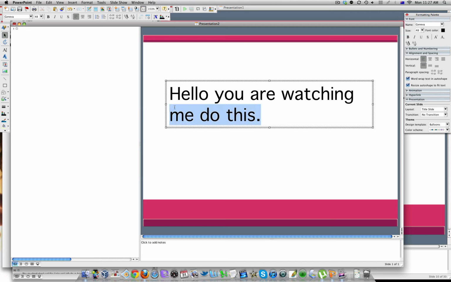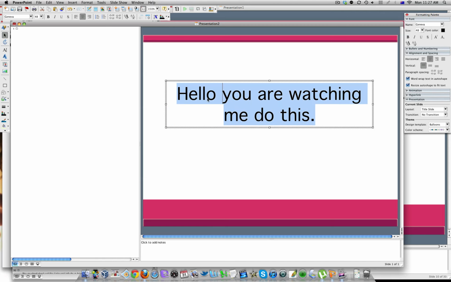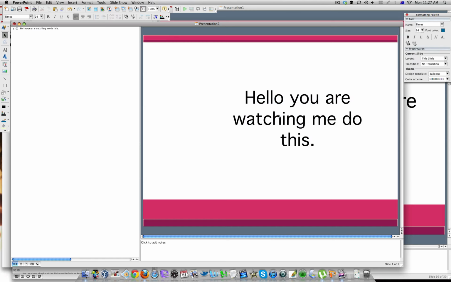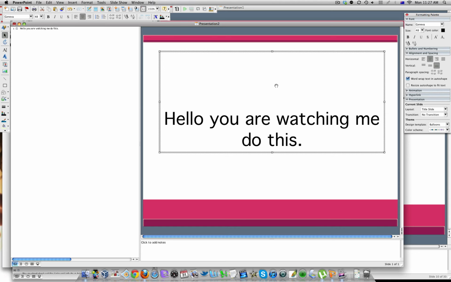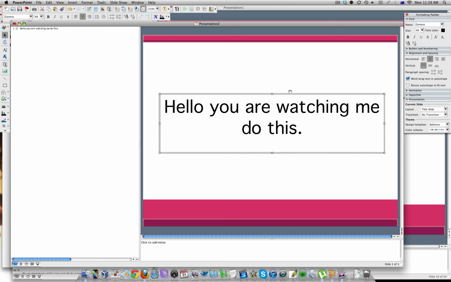Now with mine, I like to come over and align it so that it's center, so all my screens are like this. And then you can just play around and move this box up and down until you get it in the exact spot that you want to have yours. So that's around center of the page, and all you have to do to add a new page is over here,